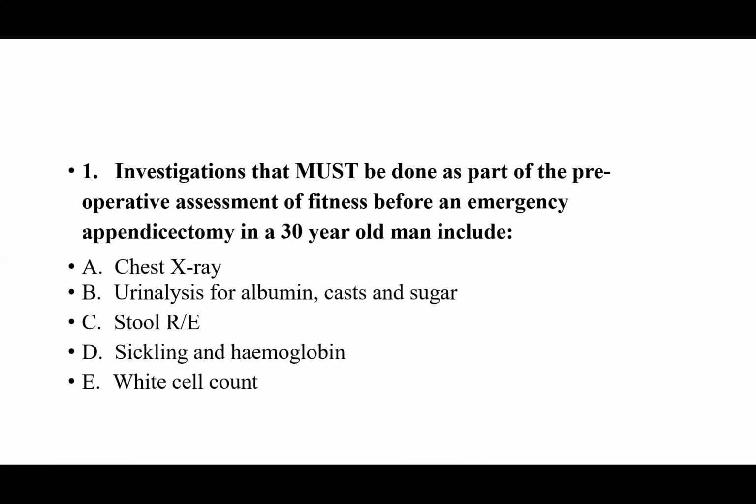So the first question says: investigations that must be done as part of the pre-operative assessment of fitness before an emergency appendectomy in a 30-year-old man include: A, chest X-ray; B, urinalysis for albumin, casts and sugar; C, stool R&E, that is microscopy;